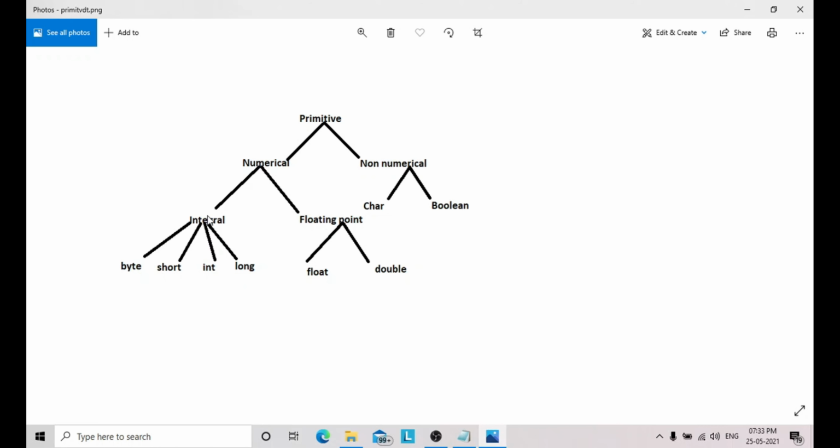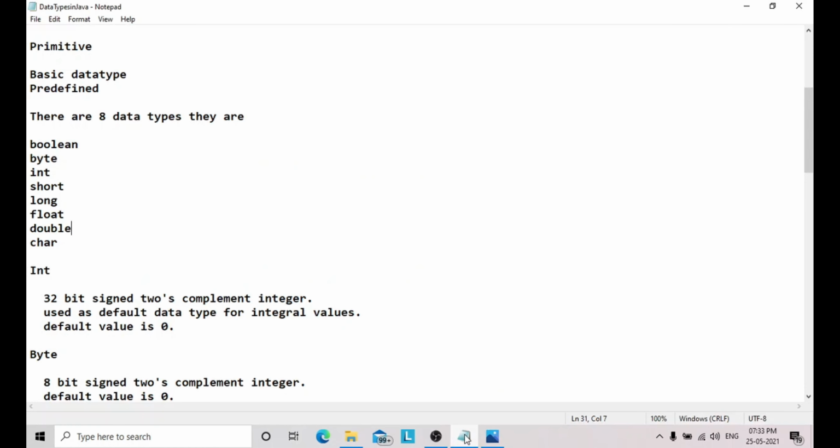Integral types are byte, short, int, long. Floating point is divided into the floating point data types float and double. This is the classification of the primitive data types.